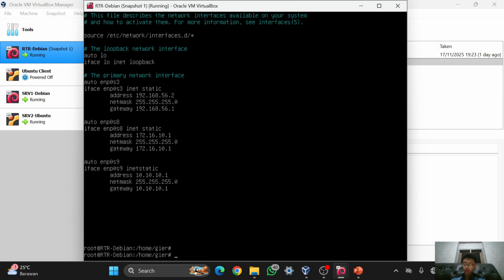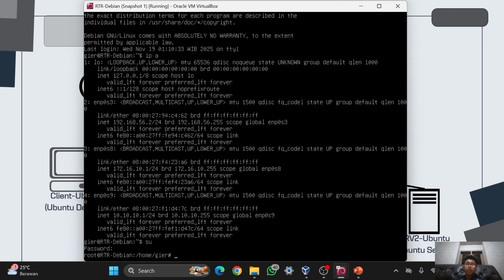And I have to apply this IP. So I have to use systemctl restart, and right now I've already found how to restart it. So you have to type systemctl and then restart. It is to restart the /etc/network/interfaces file.